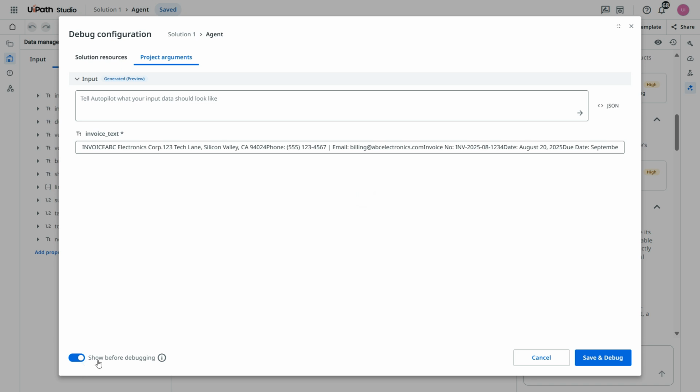Now here you see one more option. Before debugging, meaning whenever you click on debug, do you want to see this? Yes, I want to see that because I want to enter the invoice text here. If we disable this, then next time it will always use this, because here we have the option save and debug. This will save this information, so next time when you debug that, it will take the same input. So make sure to always enable this, otherwise you will not be able to see this screen. Now click on